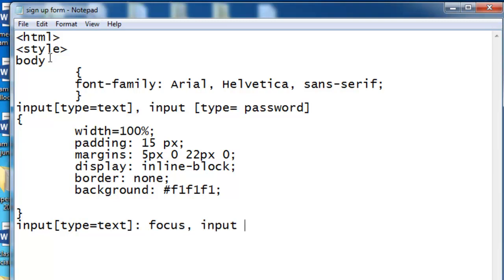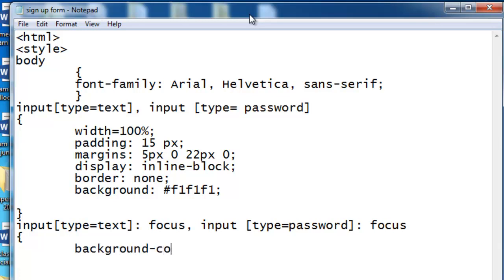Inside the bracket I want to write type equals to password, and :focus, and here I write background-color, and I'm going to give it a color code. Any color code you can give it, and outline is none. Close the bracket. Now